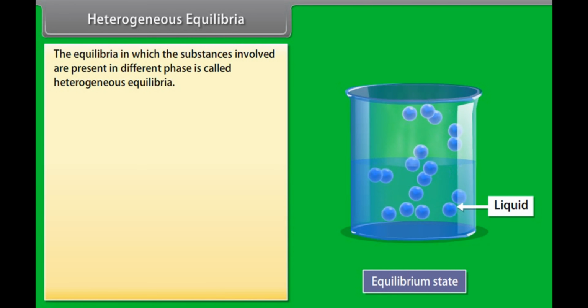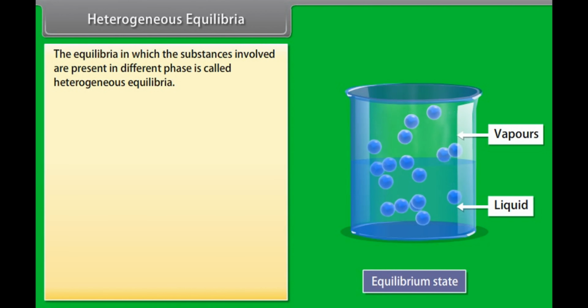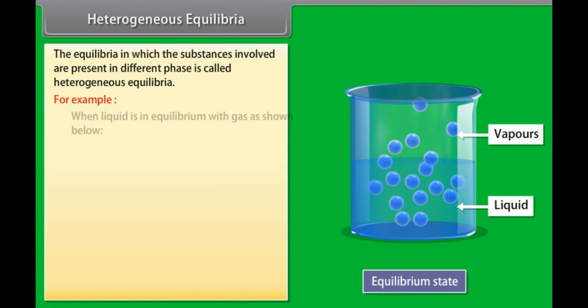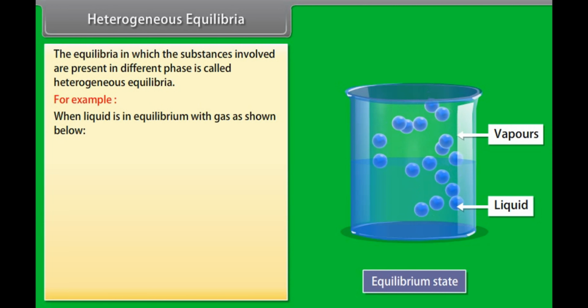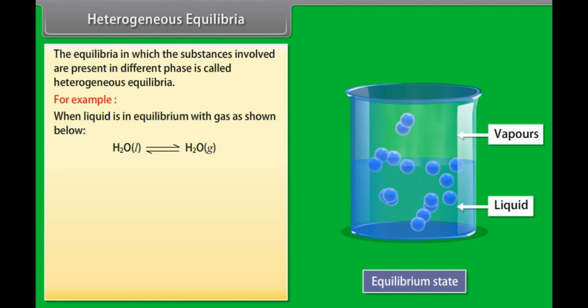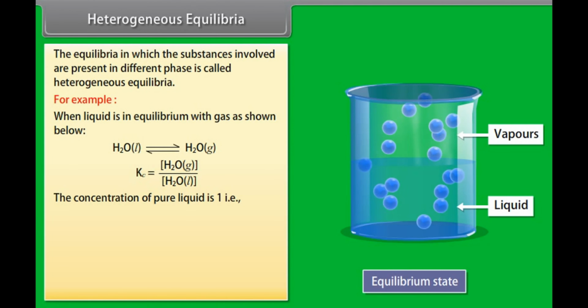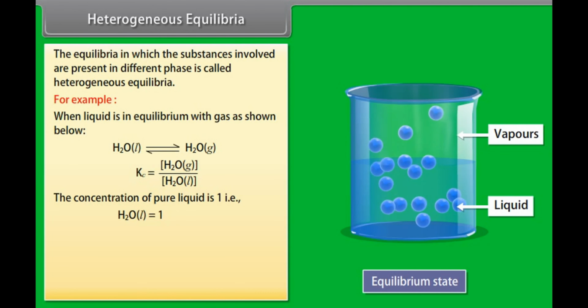Heterogeneous equilibria. The equilibria in which the substances involved are present in different phases are called heterogeneous equilibria. For example, when liquid is in equilibrium with gas as shown below, the equilibrium constant is given as follows. The concentration of pure liquid is 1, that is, H2O in liquid form is equal to 1. Hence,